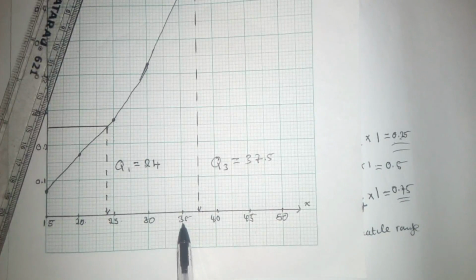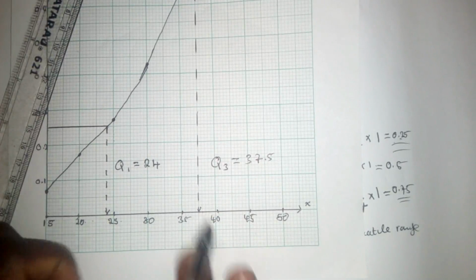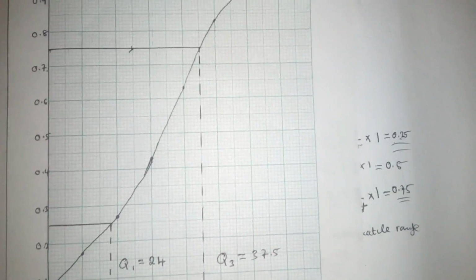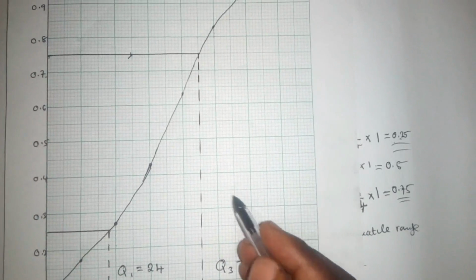Let me go through again. 5, 6, 7, 8, 9. Okay, so it's 37.5. So what we can now do is, for us to find